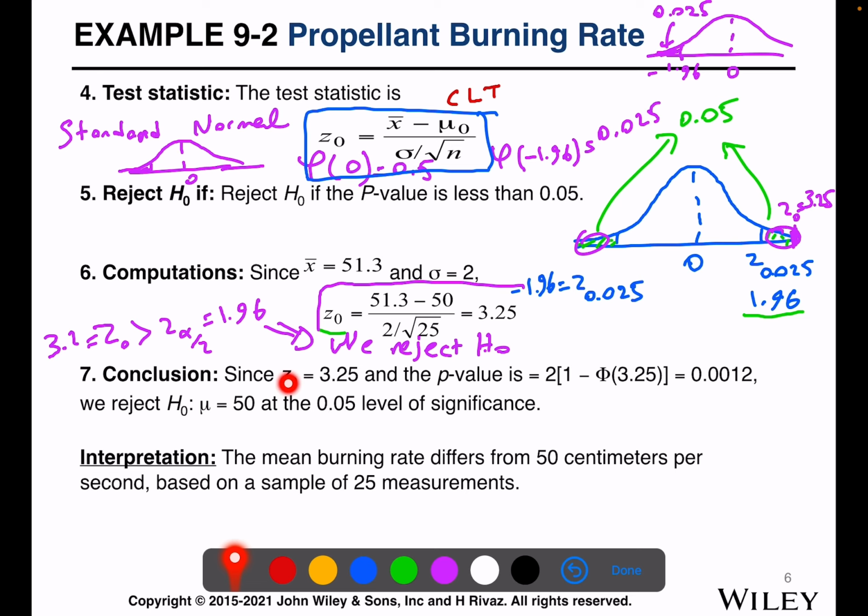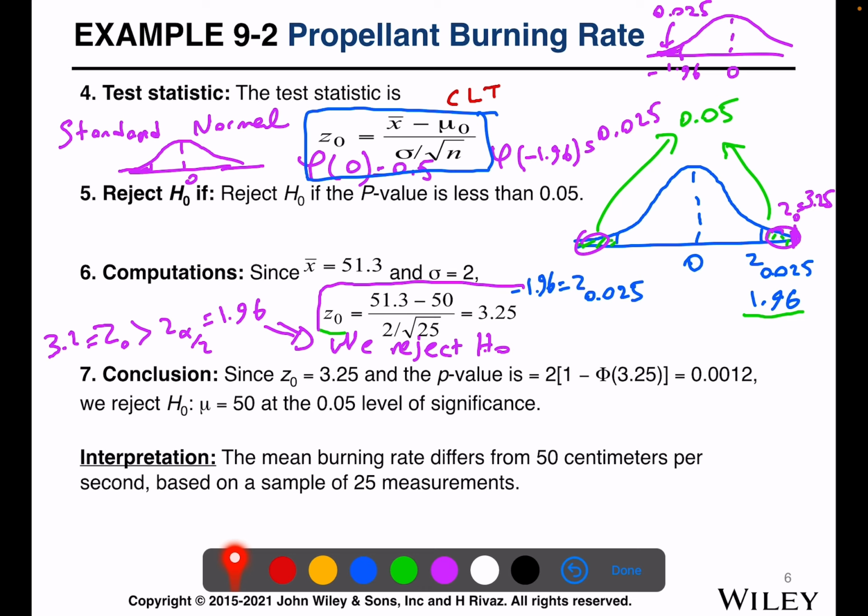The second solution is nicer here in step number 7, right? So what we do in step number 7 is that after we calculate Z, the two solutions share a lot, just the final step is different. Here we say that, okay, Z is 3.25. In the table, I go and look for 3.25, right? And the number that I see, if you look at the table, is half of this. So 2 times that is 0.001, right? So if you look at the table,